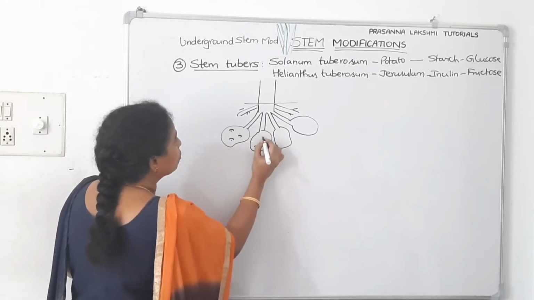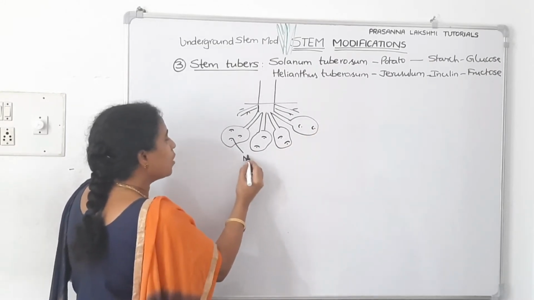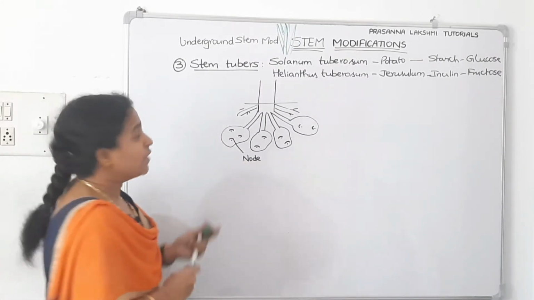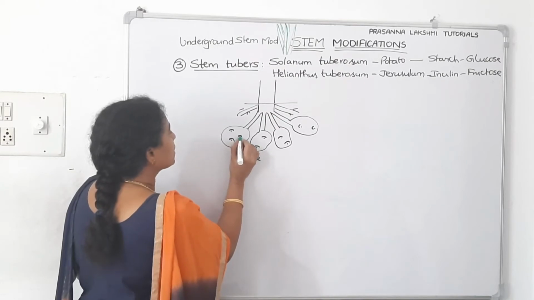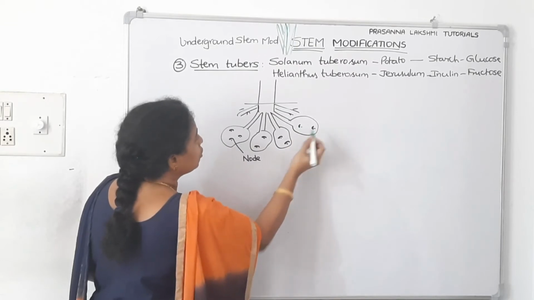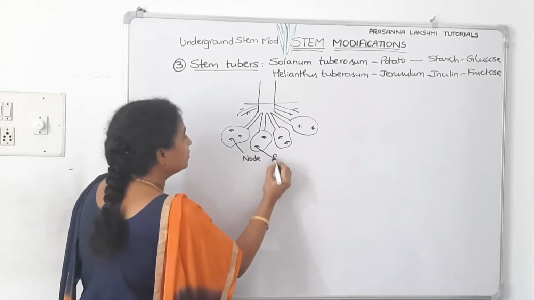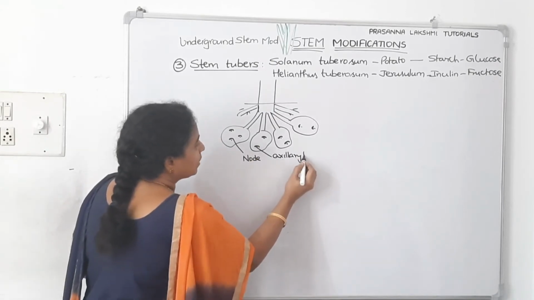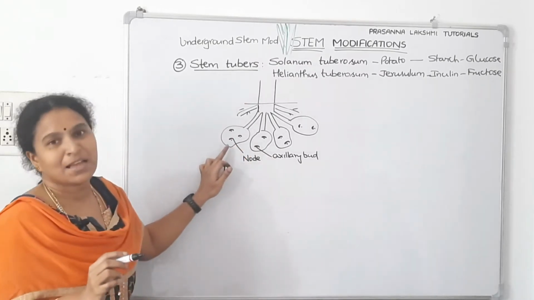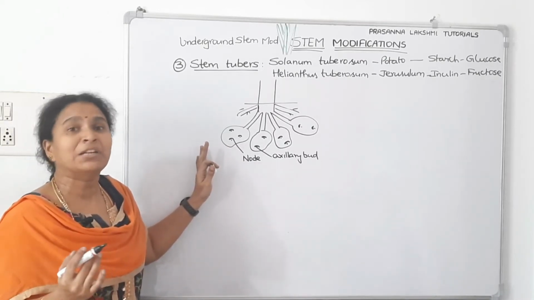Again, how are you telling that potato is a stem? So this is a point which is called node. And at the node, potato has scaly leaf also. So small scaly leaves will be there. And then it is having axillary bud, which is called eye. So this eye is the axillary bud. So there it's having node, it is having internode, it is having scaly leaves, and it is having axillary bud. Sufficient to say that potato is a stem only, underground stem, but tuber stem it is.